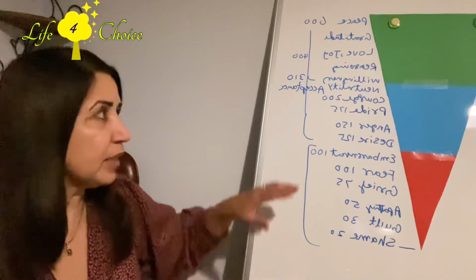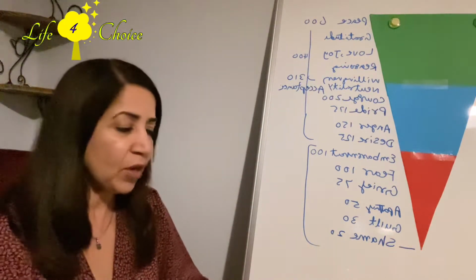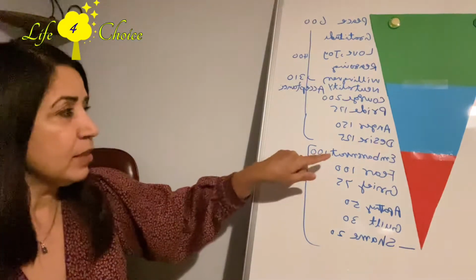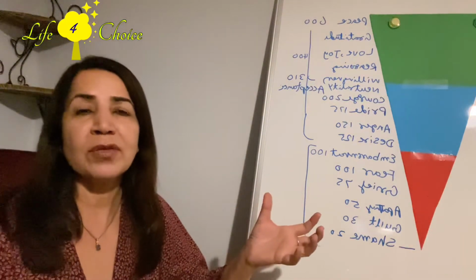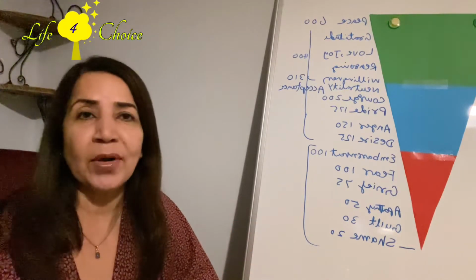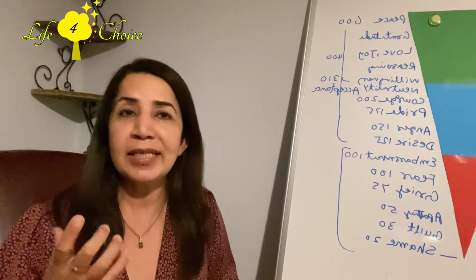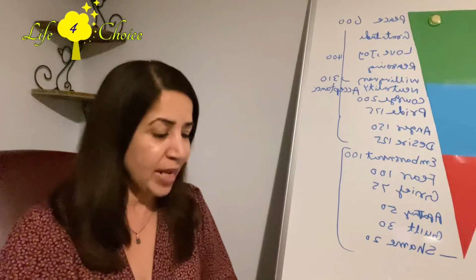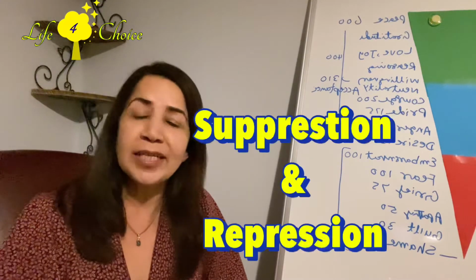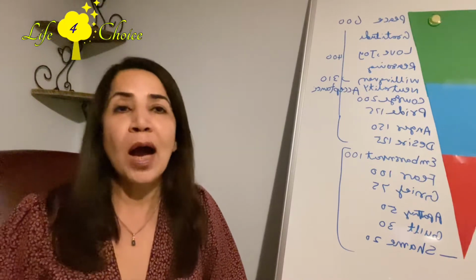And now after describing this basic anatomy of emotion, David Hawkins talks about the feeling state. Normally these emotions cause a lot of thoughts, and these thoughts create a lot of feeling in our body. So he describes three ways human beings deal with their feelings. One way is suppression and regression. This is the first common way we human beings deal with our feelings, because we don't want to feel them, and we do not even know how to deal with them.